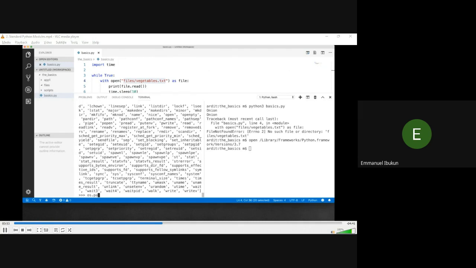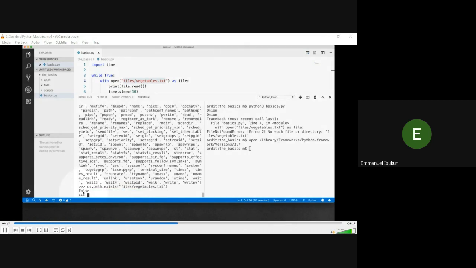So with os.path, and path has a method called exists. The exists method gets an argument, which should be a string, and it's supposed to be the path of the file you want to check if it exists in the current directory. So let's write the directory path to the file, and I get False because the file was not in the current directory. If I go there and create that file inside the files folder,